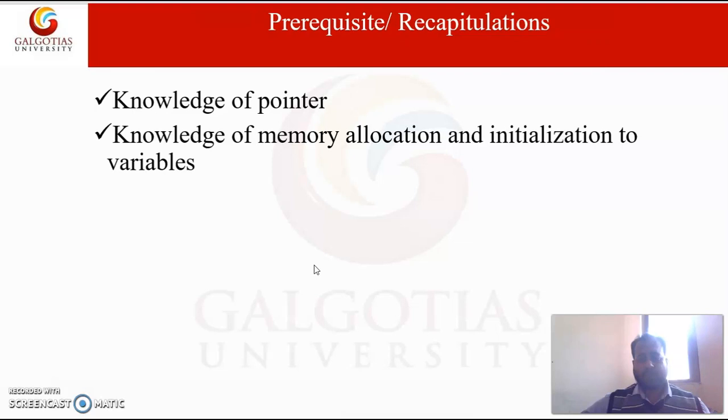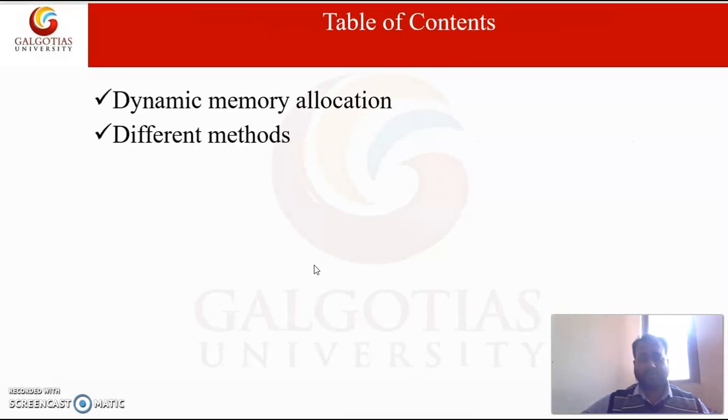So, students, we are going to discuss dynamic memory allocation techniques, and we will see the different methods available for dynamic memory allocation.